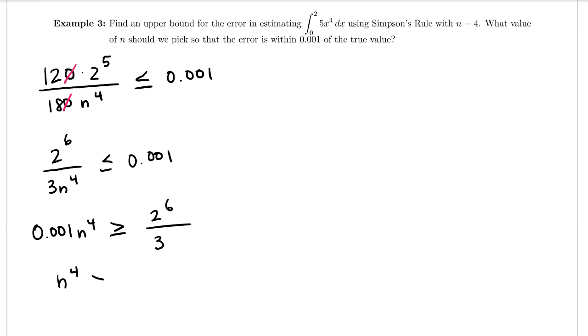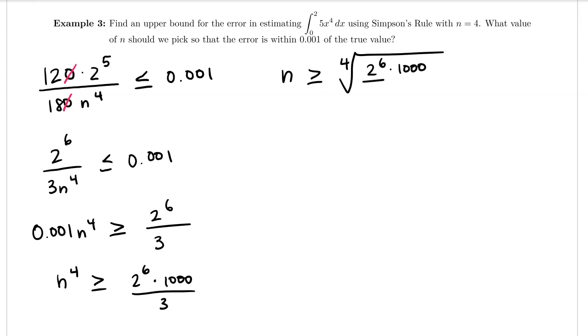That's going to give me n to the fourth is greater than or equal to 2 to the sixth times 1000 over 3, since dividing by 0.001 is the same thing as multiplying by 1000. And so now we can take the fourth root. So n is greater than or equal to the fourth root of 2 to the sixth times 1000 divided by 3. And if you have a calculator, this is approximately equal to